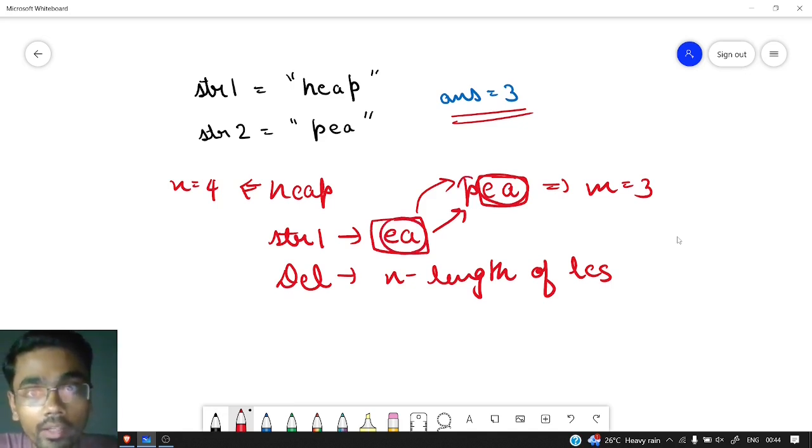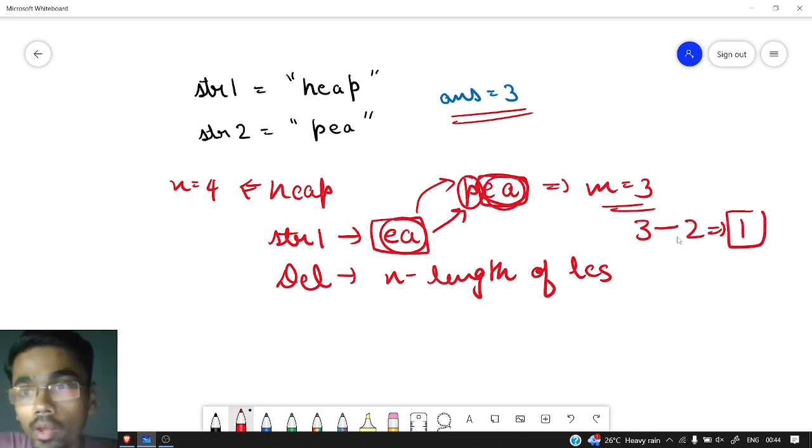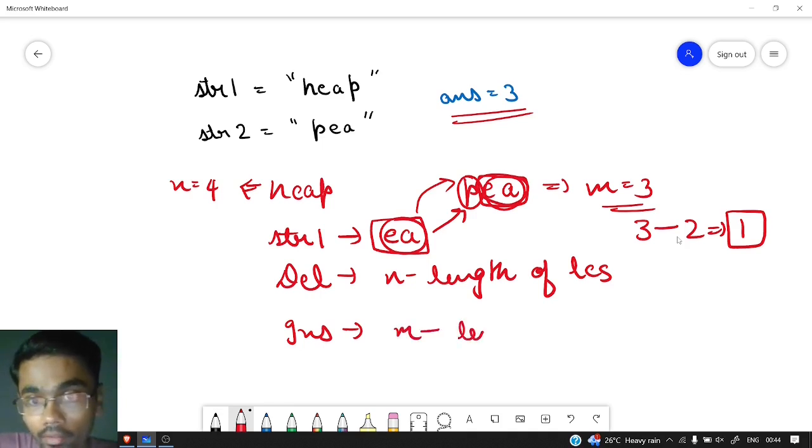So we need to add the remaining character. How can we find the remaining character? Size is 3. So 3 minus the common element is 2, so 1. We need to add one element in order to make string 1 into string 2. How can we generalize that? We need to perform some insertion operations. That insertion operation will be nothing but m minus length of LCS,